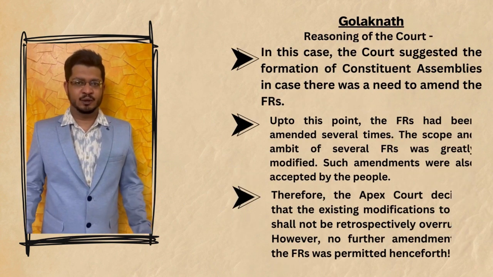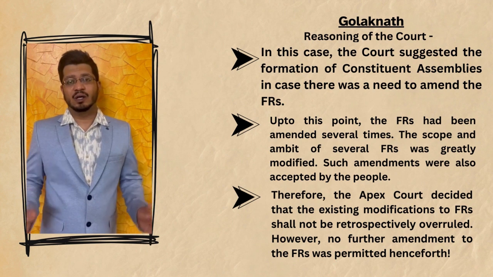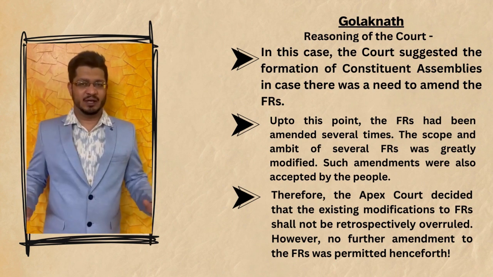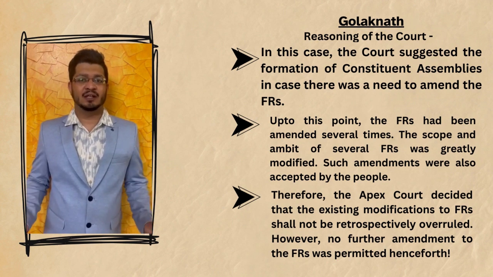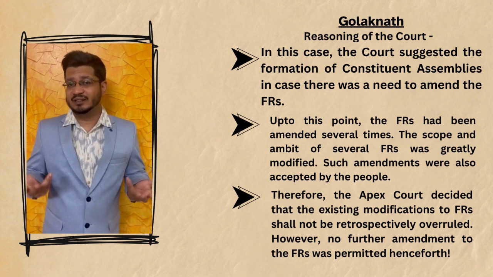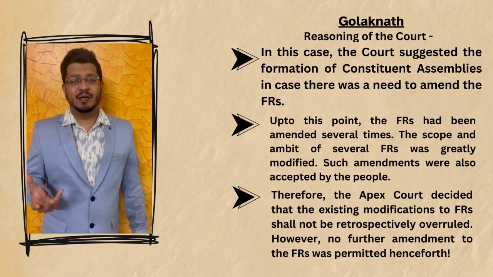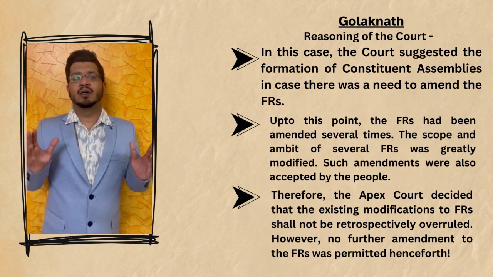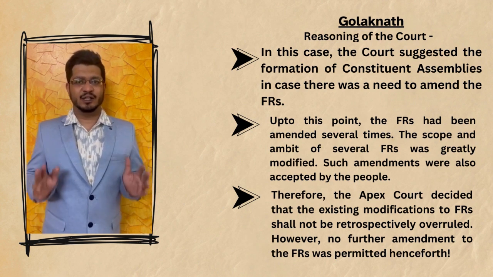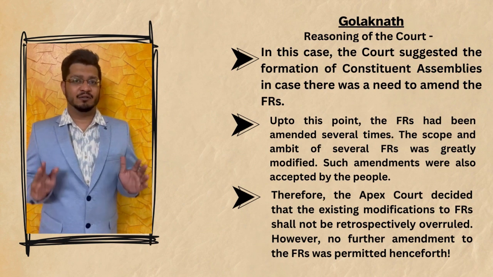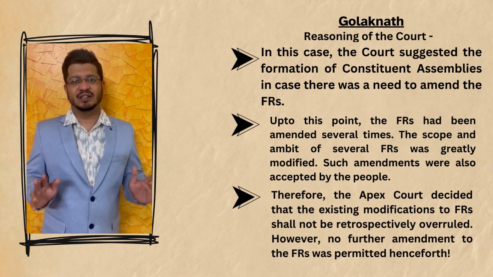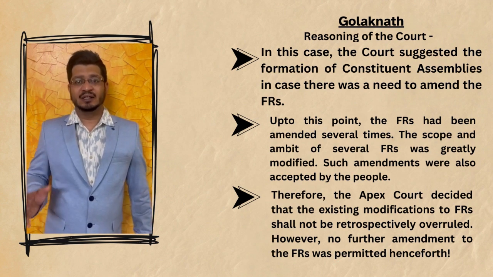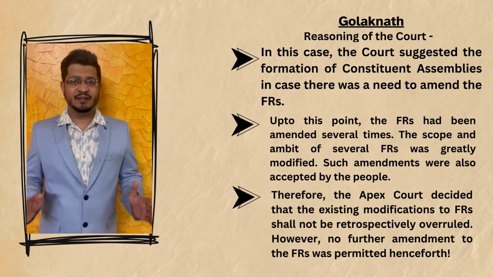Let us discuss a few more aspects of the important Golaknath judgment. So, it was held that the Parliament could not amend fundamental rights in any manner whatsoever. So what was the method suggested by the Supreme Court for amendment of fundamental rights? The Supreme Court suggested formation of constituent committees or constituent assemblies for amendment of fundamental rights if at all such a need was felt. However, the Supreme Court also held that the scope and the ambit of many fundamental rights